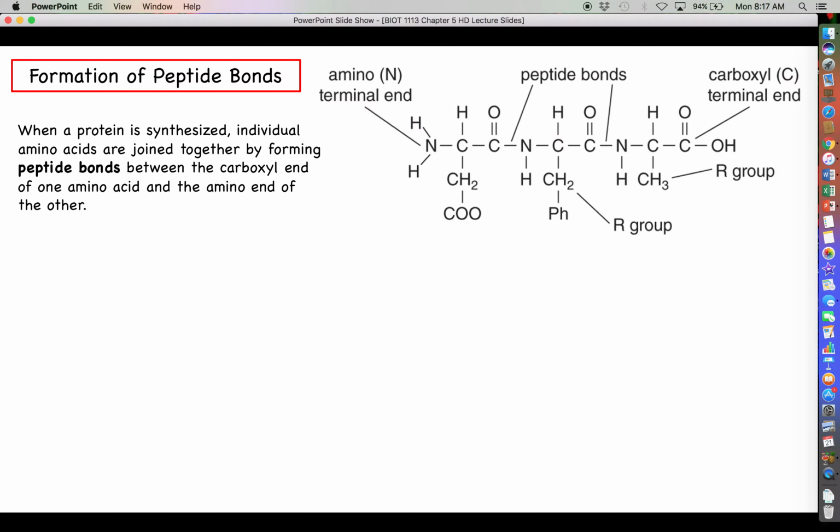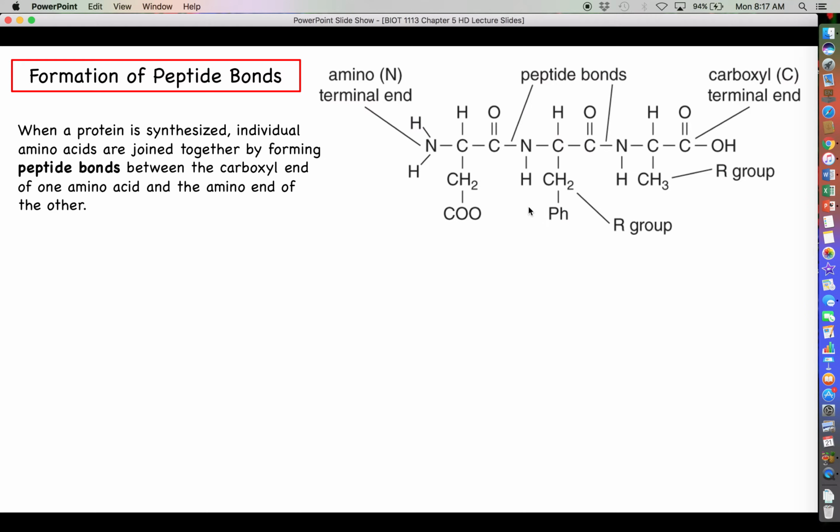So as we said, when you're building a protein, you are essentially making a big polymer of individual amino acids. We're basically sticking amino acids together like we're building beads on a string. When a protein is synthesized, we join together amino acids. We stick them together by forming a type of bond called a peptide bond between the two amino acids. This bond is formed between the carboxyl end of one amino acid and the amino end of the other amino